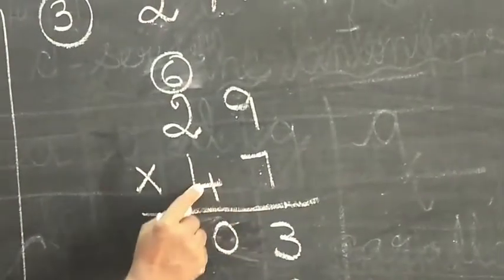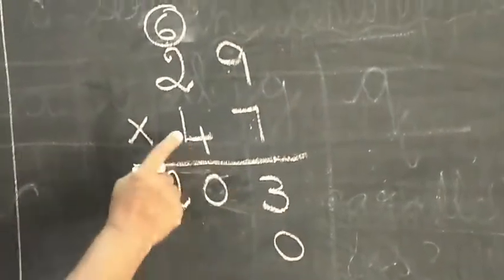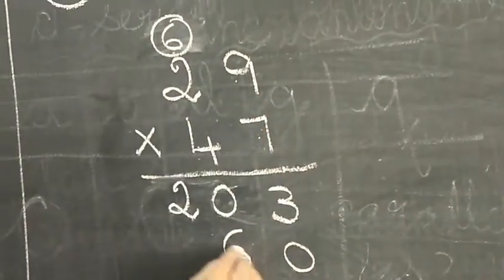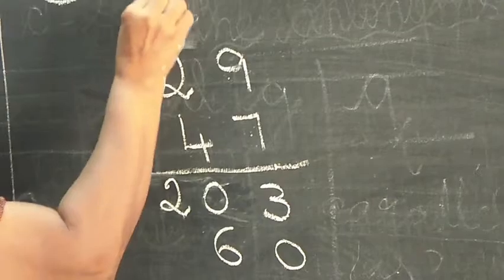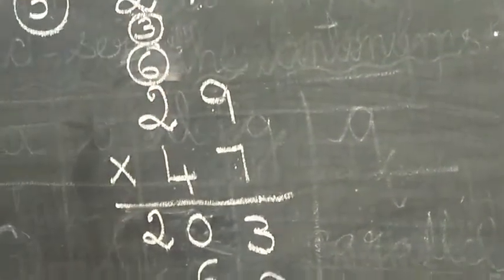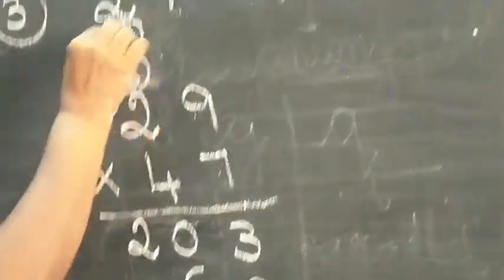And then coming to the tens column, you have to add one 0 and 4 nines are 36. You have to put 3 here. So 4 twos are 8. 8 plus 3, 9, 10, 11.